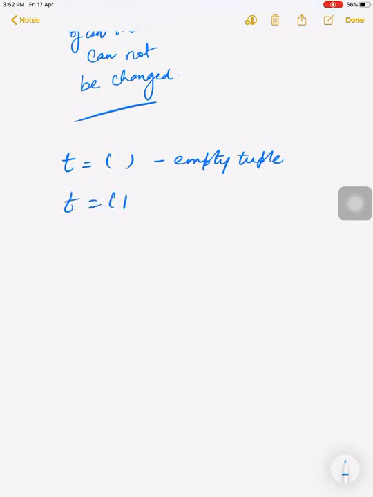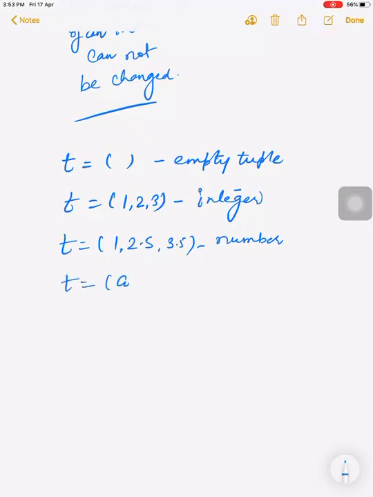Just like a list, if we write t equal to empty braces, that is known as an empty tuple. If we initialize only integer values like 1, 2, then it is known as an integer tuple. We can also initialize values like 1, 2.5, 3.5.